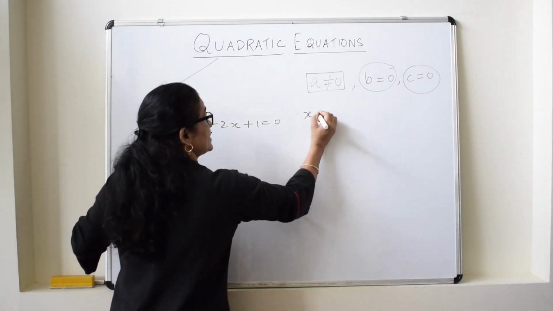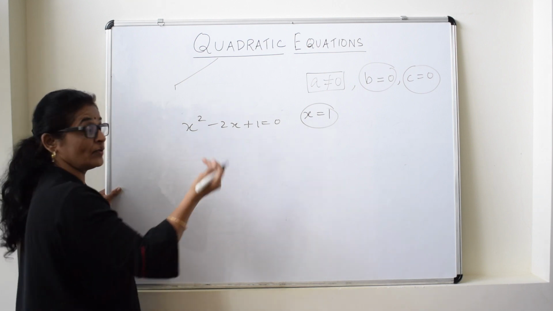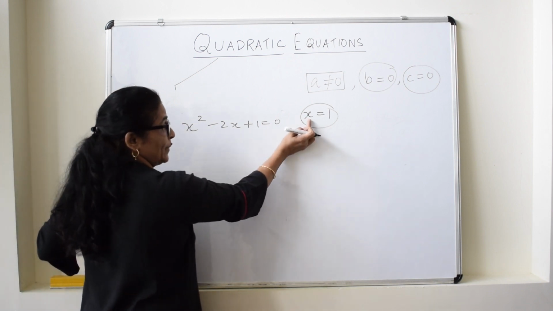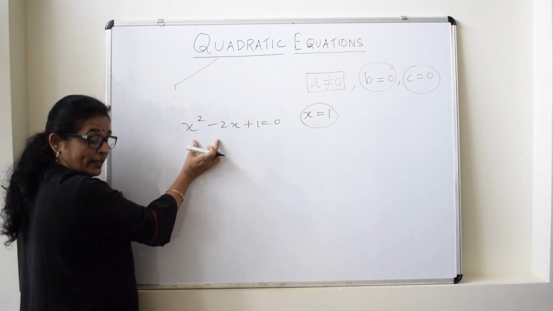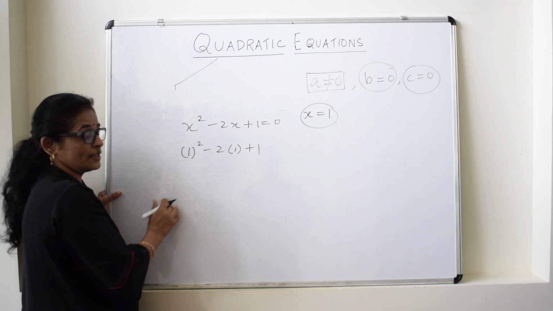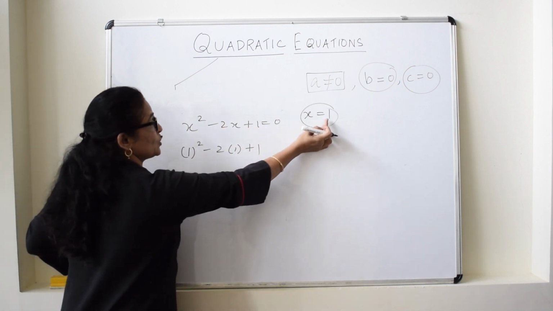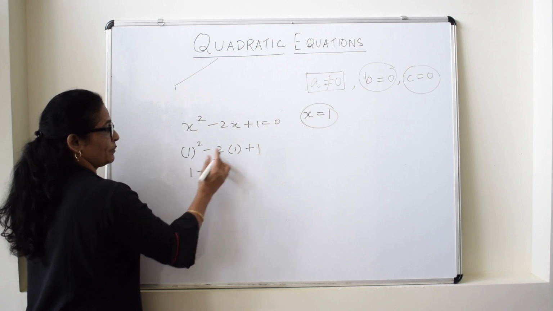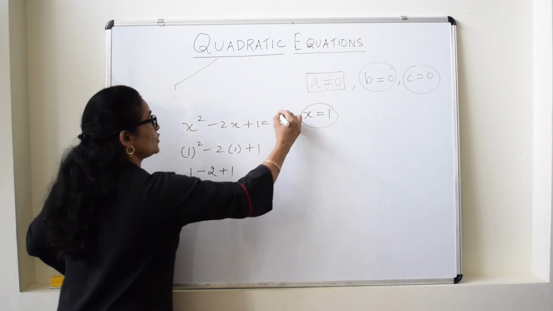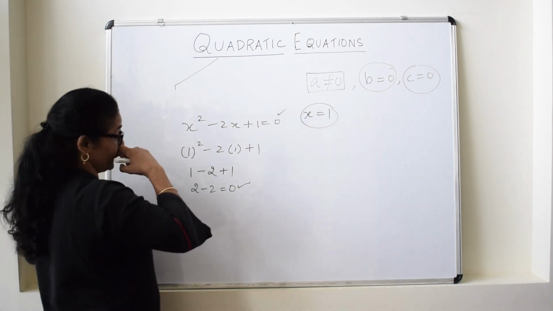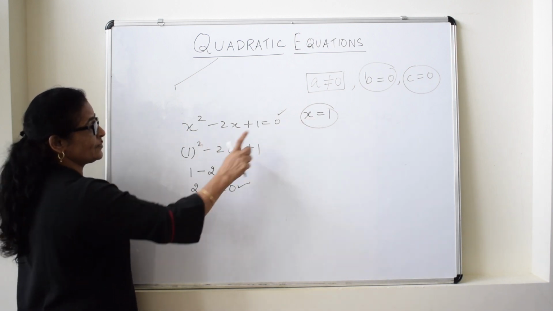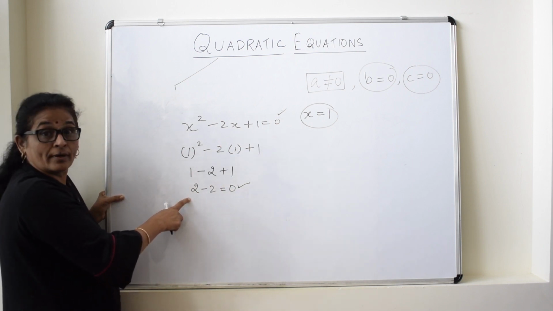Secondly, sometimes a quadratic equation is given and it can be asked, suppose x is 1 is given, whether this is one of the solutions of this given equation or not. So what we have to do, in place of x, we will substitute 1 and we will see whether LHS and RHS are equal or not. So here in the LHS, when you substitute x as 1, what are we getting? 1 minus 2 plus 1. So 1 plus 1 is 2, 2 minus 2 is 0. So yes, by substituting the value of x as 1, we have seen that this is one of the solutions of this quadratic equation.